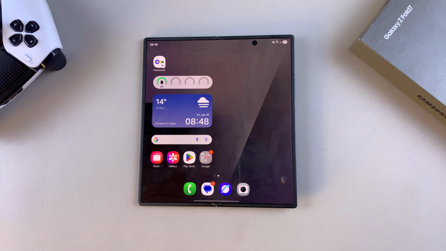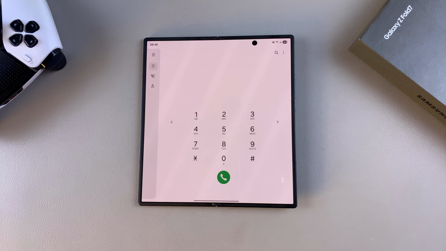So in this video, you'll learn how to enable or disable call waiting on your Samsung Galaxy Z Fold 7. So the first step is to just open the phone app on your Fold, and then you want to navigate